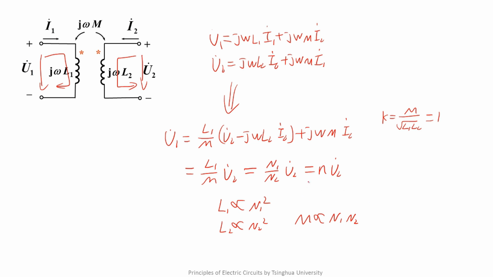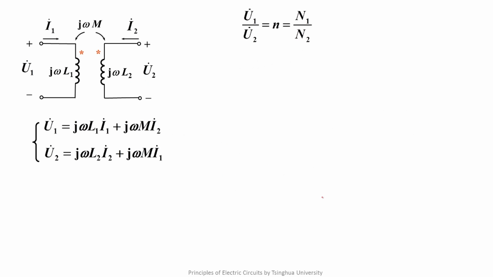Do you find? Under the assumptions of unity coupling and lossless of the air core transformer, we got a concise expression about the voltage of the primary side and the secondary side. That is to say, the primary voltage is equal to the secondary voltage times the turns ratio. Let's have a look at the expression about the current of the primary side and secondary side. By using the same equations, we can get